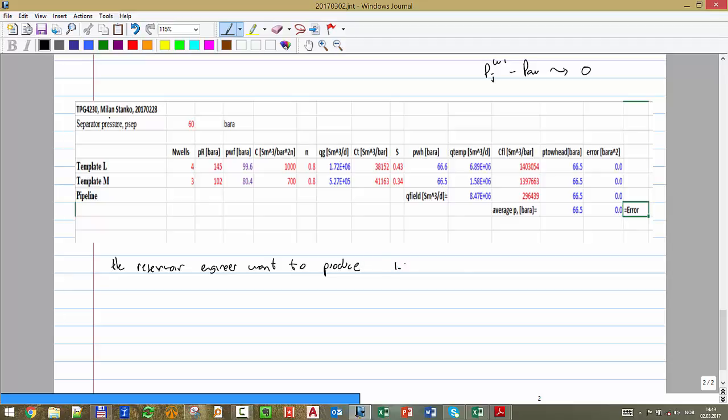Yeah, 1.5 e to the 6 from each well in template